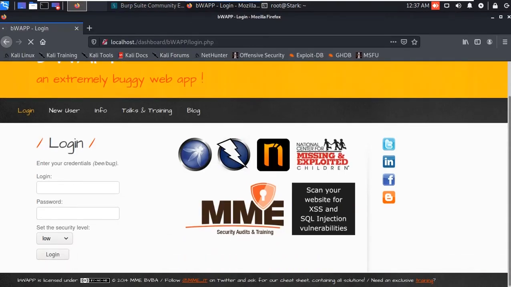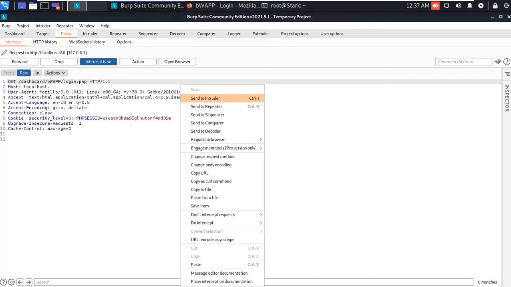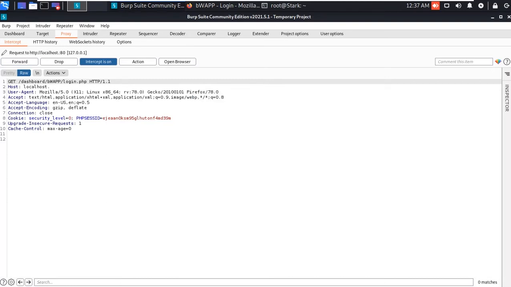Okay, so let's assume this is our target website and we have to brute force the password here. As we know the credentials are b and bug, but in the real world we don't know what the password on the website is and we have to crack it manually. So here in Burp Suite, open Burp Suite, here is the request, click on this and send this to Intruder. Basically Intruder will help us to brute force this